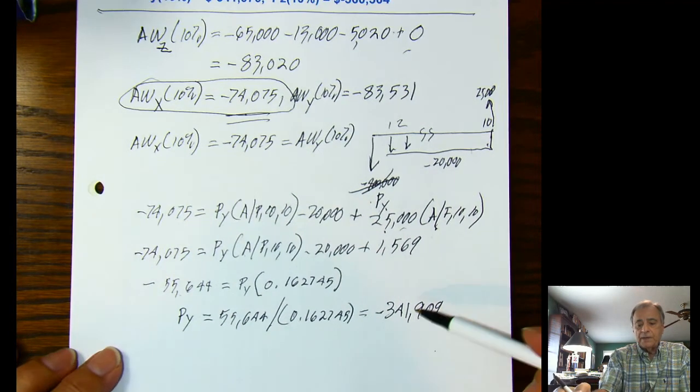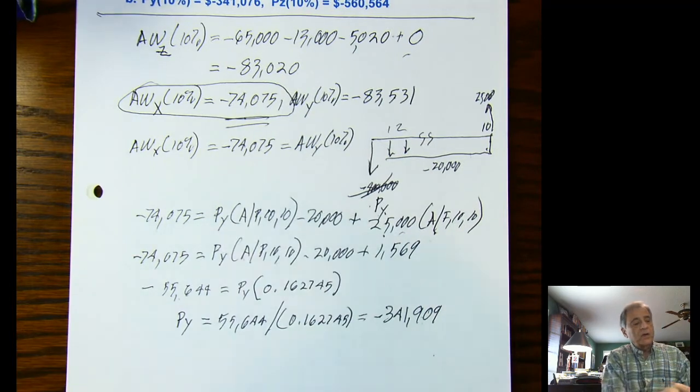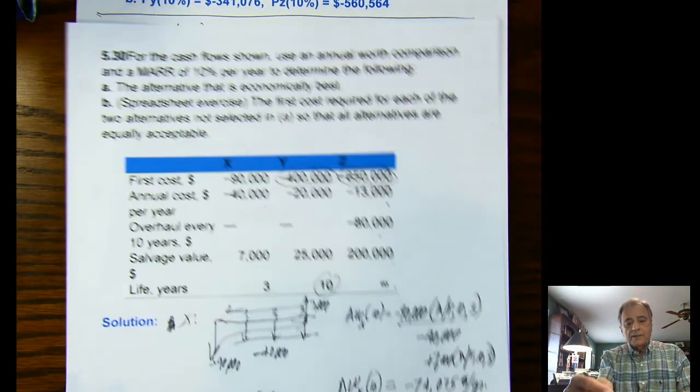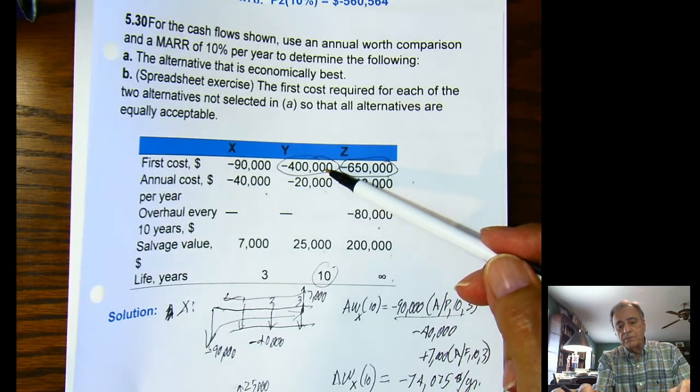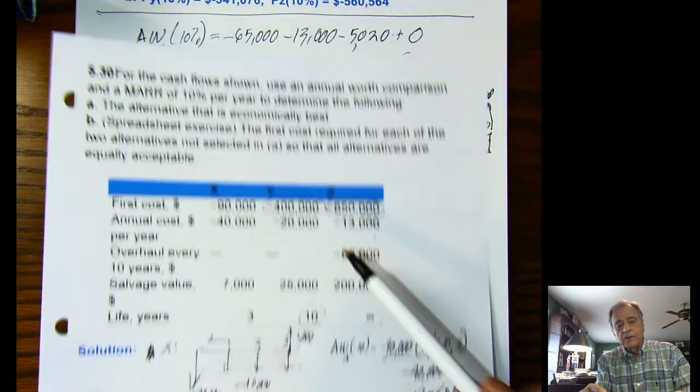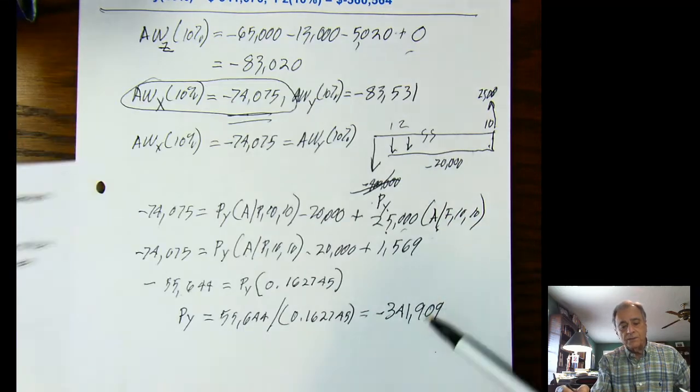So in order to make alternative Y as good as alternative X, this initial cost must go down from minus 400,000 to minus